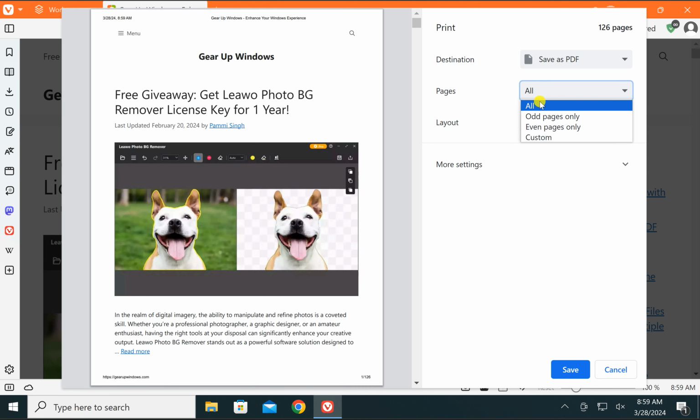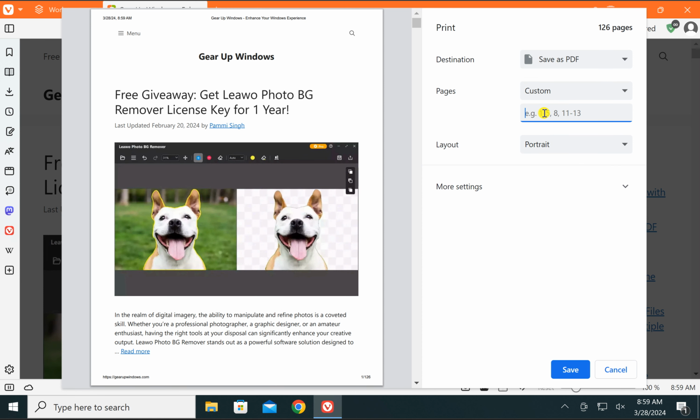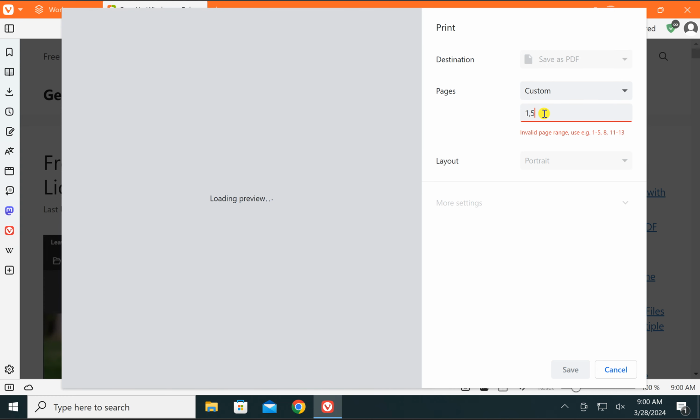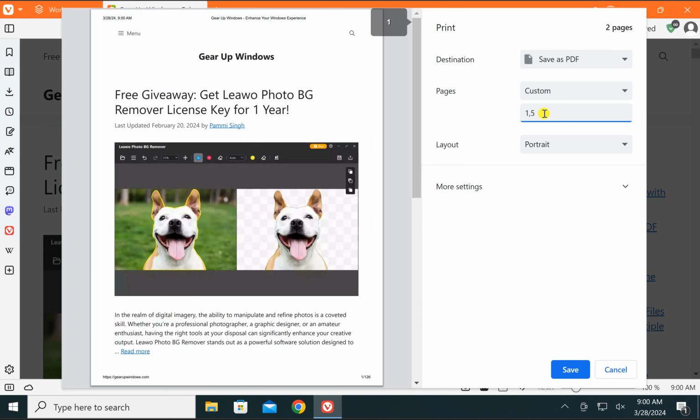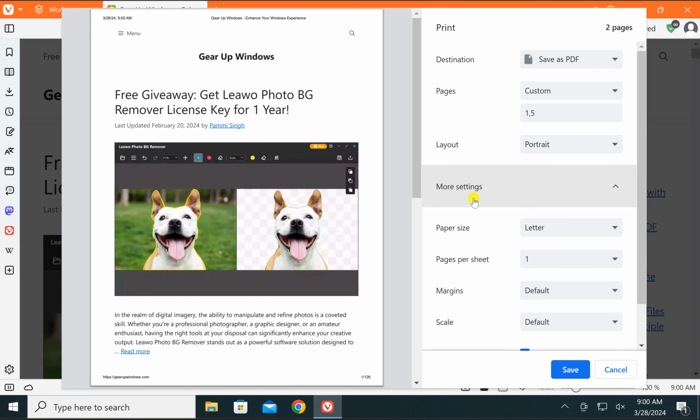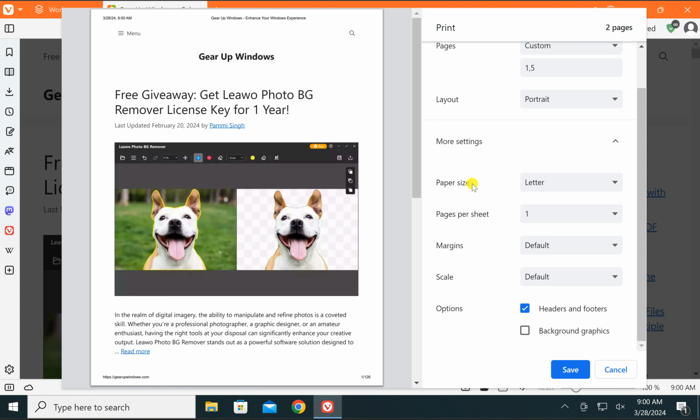Suppose you want to print all pages only, or you can select even pages only, or you can select the custom option to specify the pages. Suppose I want to print pages 1 and 5 only, so I will put here 1 comma 5. Here you can also select the layout, portrait or landscape, and you can click on the more settings option to adjust more settings such as paper size